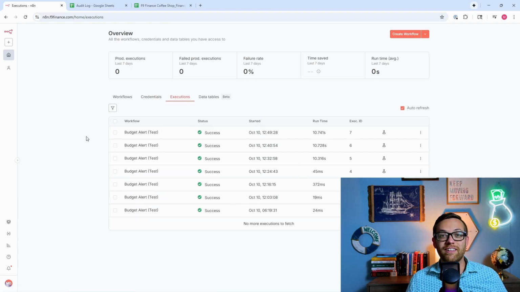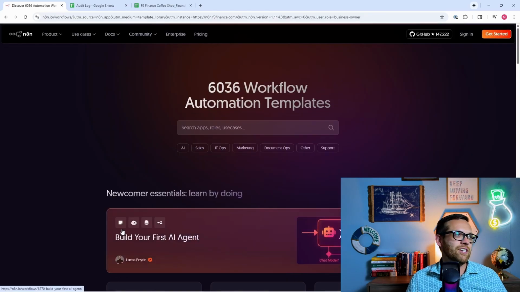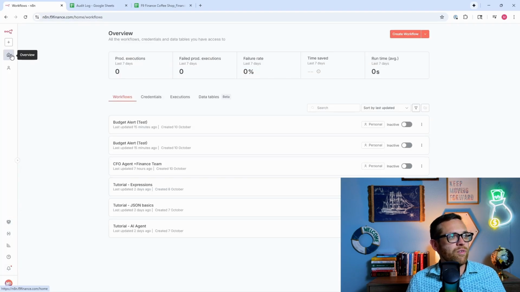I showed you earlier that there were templates. You can find all the templates directly in here. There's some pre-built AI agents. There's some templates that are tutorials for you. And then you can hit view all templates to go back to that exact same website I showed you earlier where you can get templates and it will pull right into your N8N instance. So let's go back to our overview and we're going to go ahead and hit this button to create a